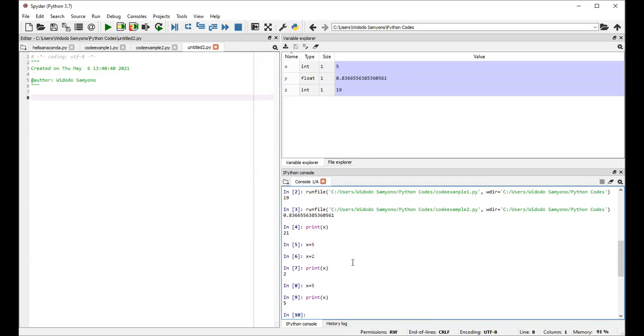So the order matters. If you have the same variable, you have to be careful which one you want to use. Okay. Because the computer will have the last content of the variable. Okay, so I'll go back to the